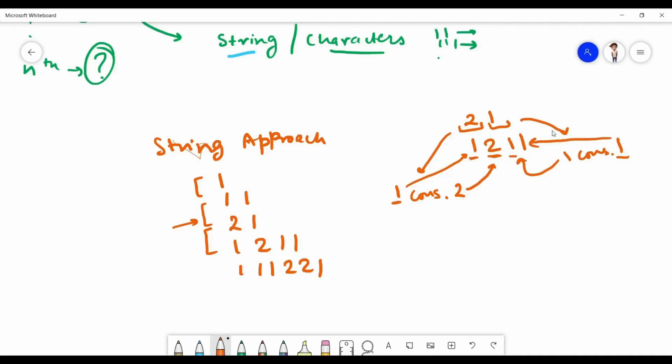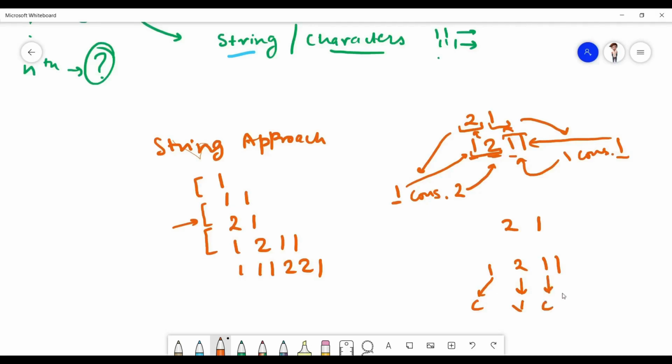So is it getting clear? We have two consecutive ones over here, so we are separating this out. This is one consecutive 2 and one consecutive 1. So these two are representing this value and these two are representing this value. Let me make this clear: 1 2 1 1. It is the count value and it is the main value.